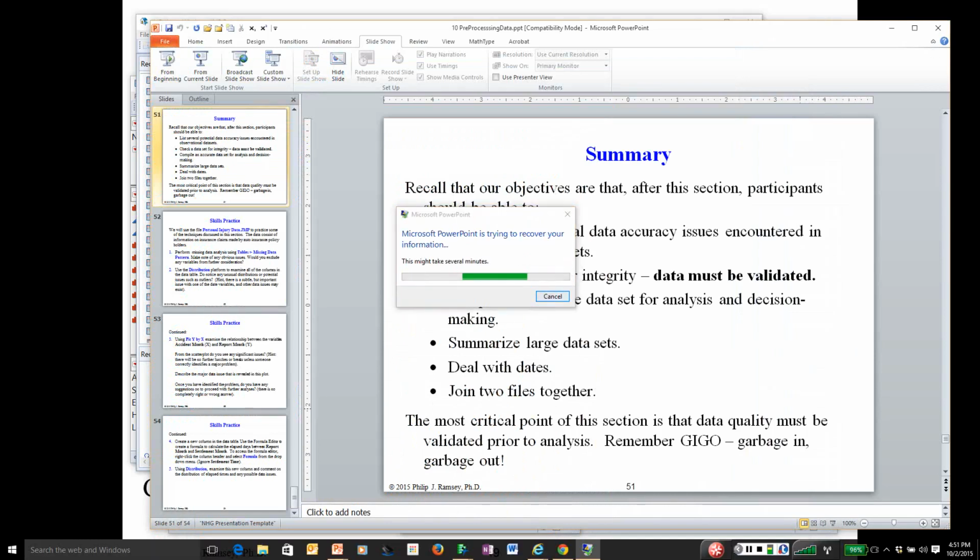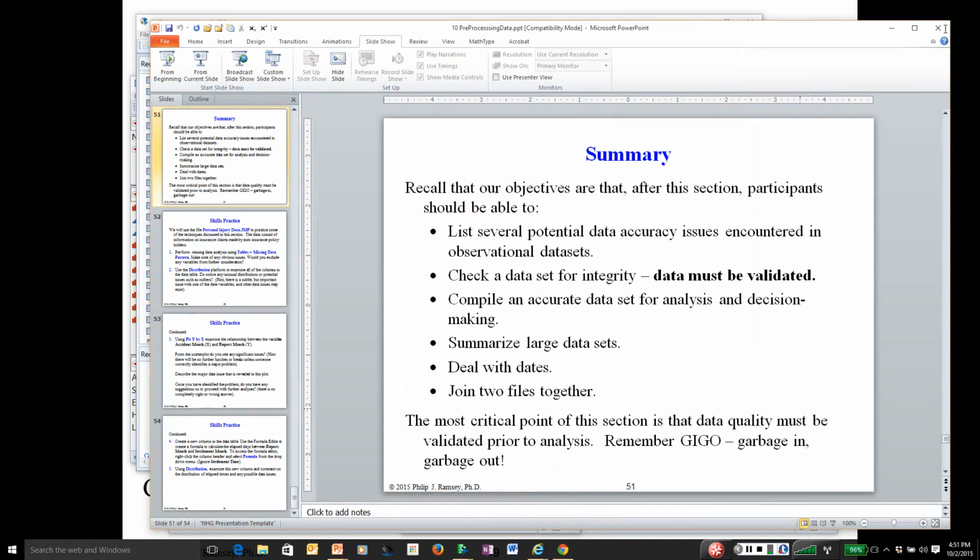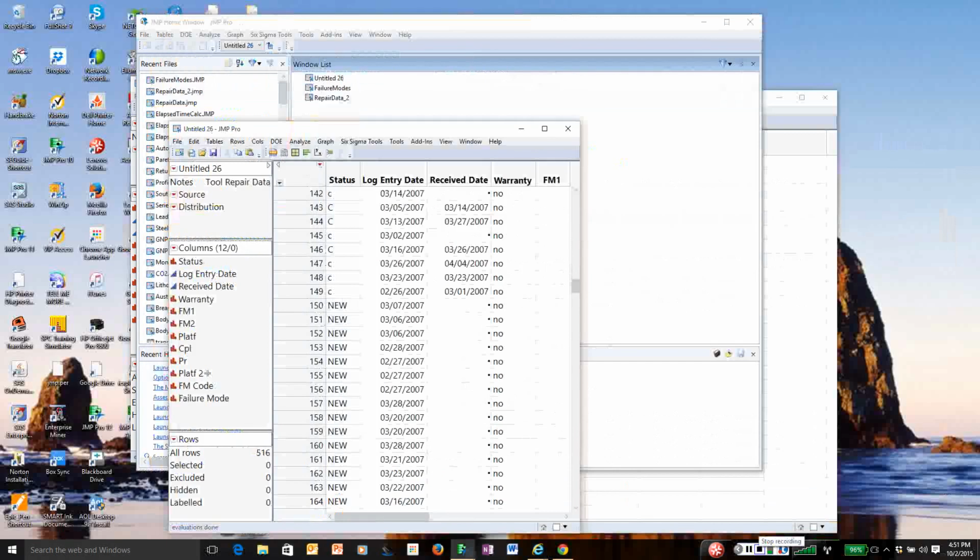Cancel. And that actually is all I really wanted to cover in this section. This is a short one, but I just wanted to